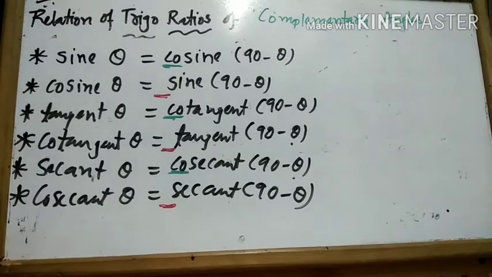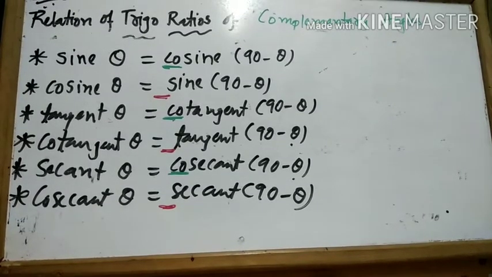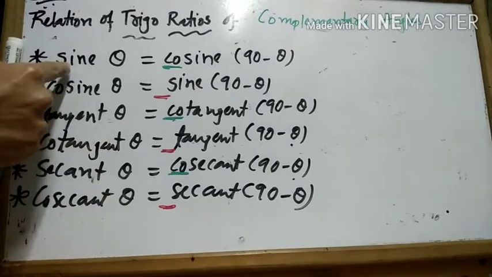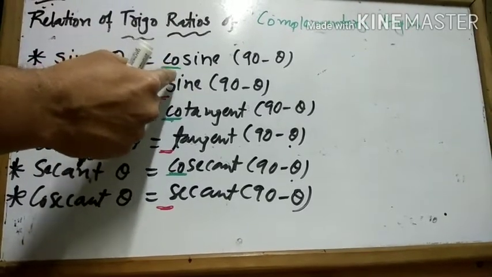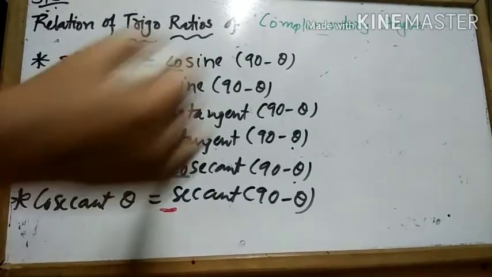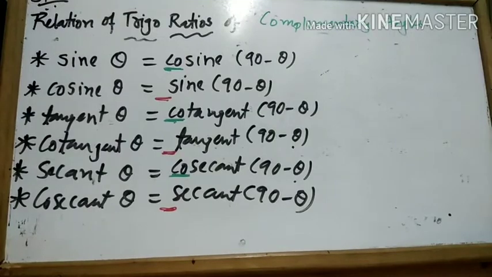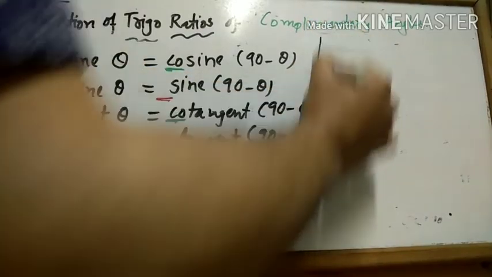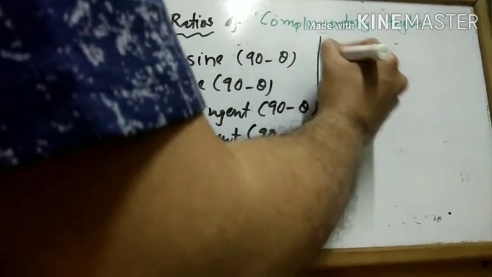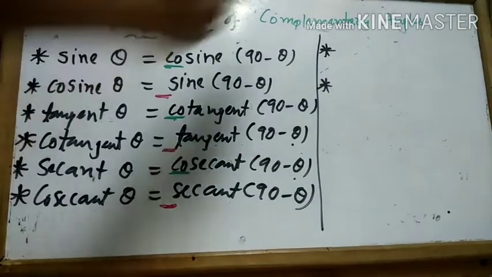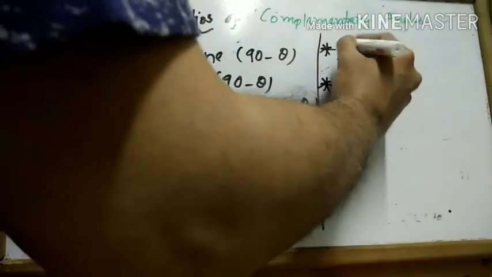So as a remembrance technique, it is not the actual way, but for complementary angle ratios, if you want to remember, whatever angle is asked, just either add CO to it or remove CO from it and you will get the ratios. And my dear friends, if you go back to the previous slide, I would explain 2 more things to be remembered. Of course, that is not a part of your syllabus, but as a complementary angles relation in the long term, it will be helpful to you.